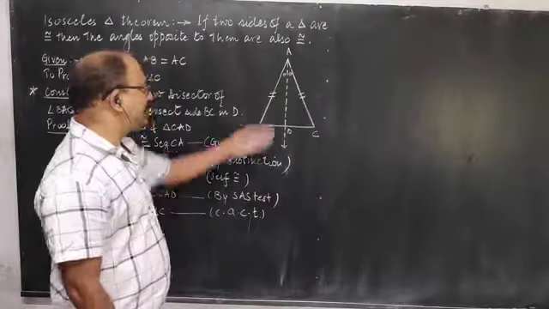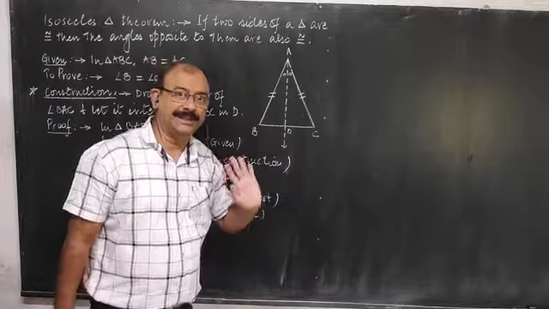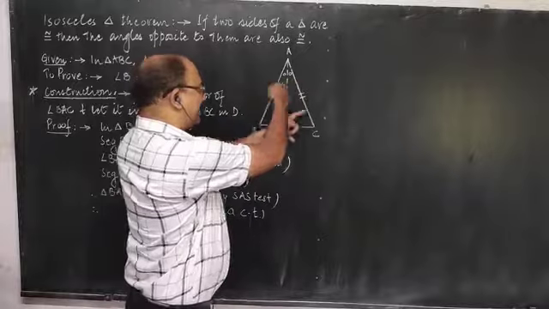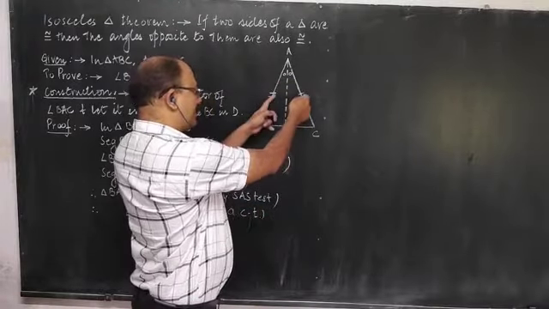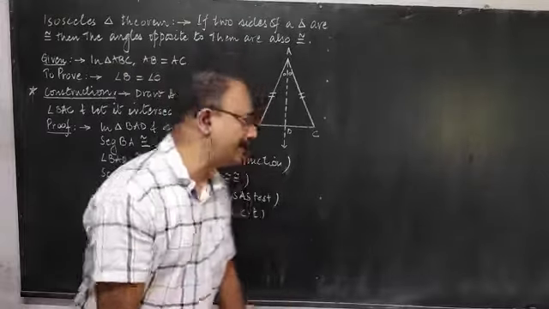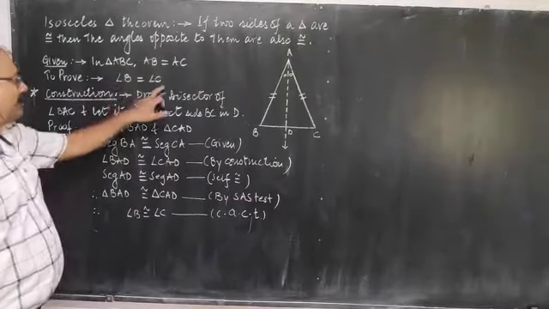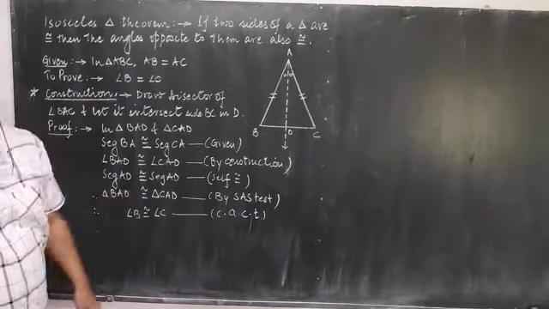congruent. So in this figure you are given that AB and AC are congruent sides and their opposite angles are these two. Okay, the opposite angles are B and C. So we have to prove that B and C are congruent. Everything is written here. Given AB is equal to AC, to prove angle B is equal to angle C. Okay. Now,